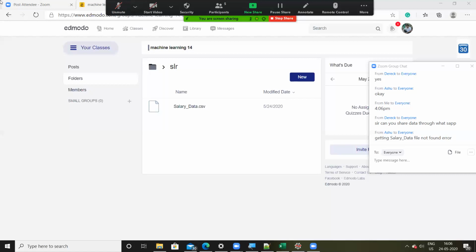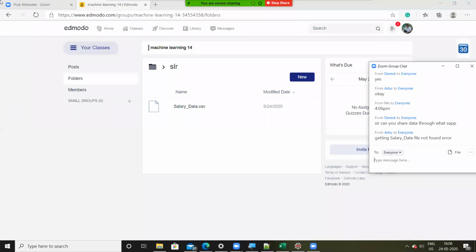What is the message? Getting salary data file not found. Ashu, you're getting this error in the program? Are you getting this error in the program?